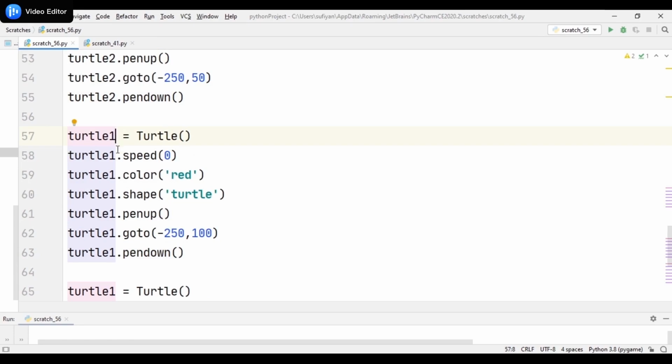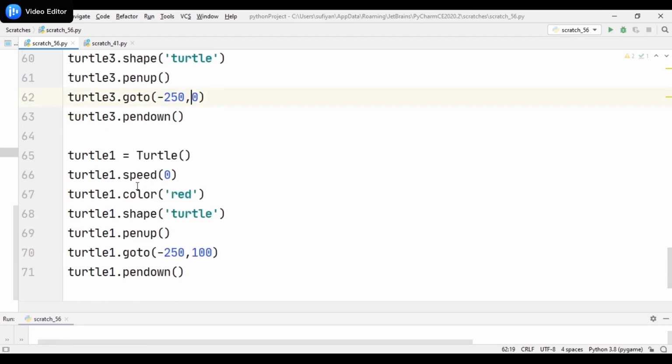Now for turtle3, press the alt key, erase 1 and write 3. Color will be pink and the position will be minus 250, 0. For turtle4, erase 1 and write 4. Color will be yellow and the position will be minus 250, minus 50. That's it.